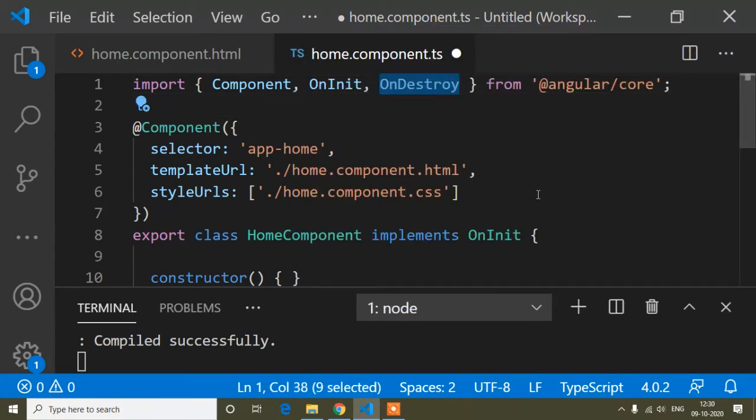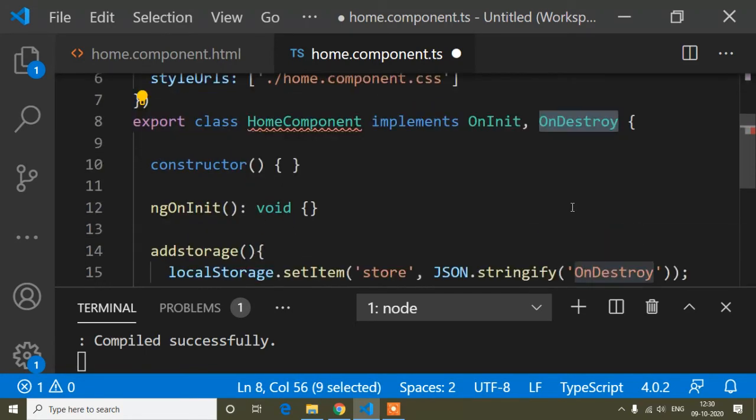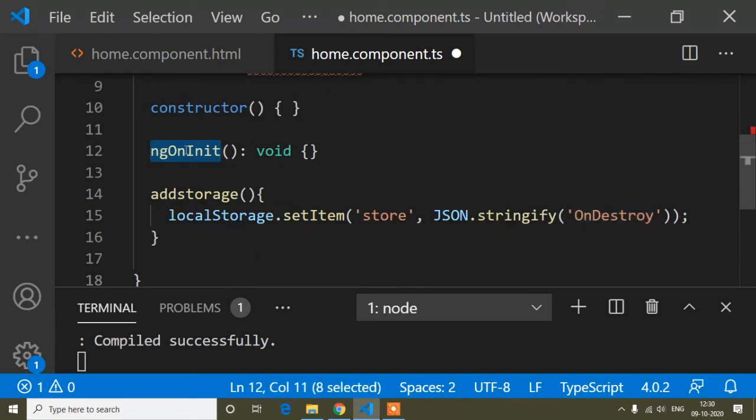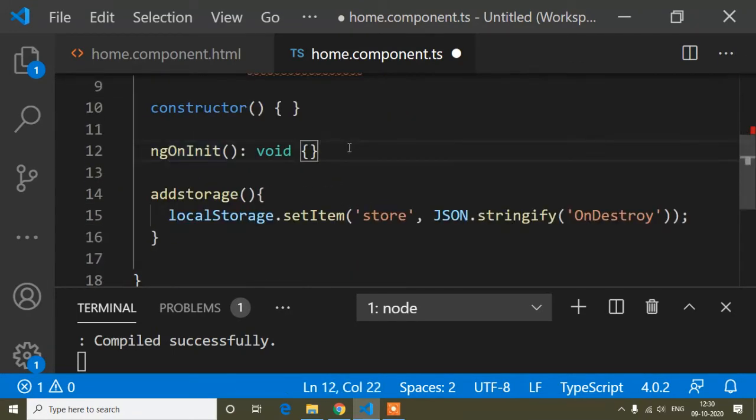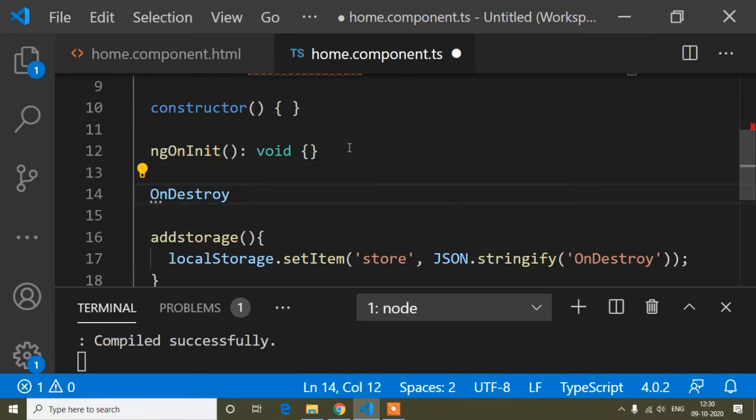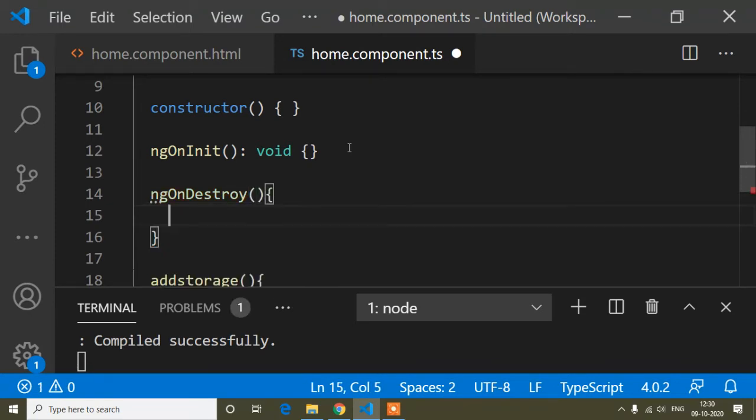Now I will copy this OnDestroy, and in the implements you just have to pass OnDestroy. Now you have to create a method of OnDestroy like ngOnInit. Here you can see this is the ngOnInit method because it uses the OnInit lifecycle hook. In the same way you have to write the ngOnDestroy method with curly braces.